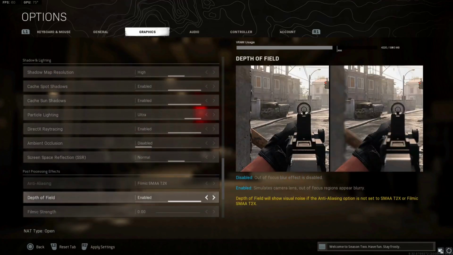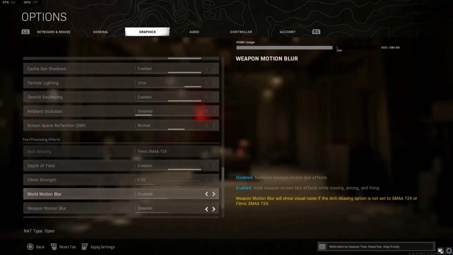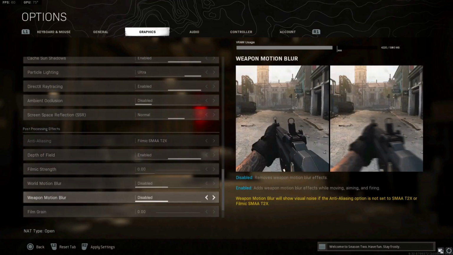Okay, go down here. Depth of field, I have this enabled. I don't know what this is. Or motion blur. I have these both turned off. Please don't play with motion blur, guys. Please. I know that makes the game look nicer. I know, but